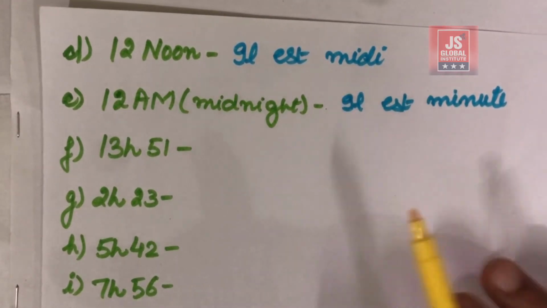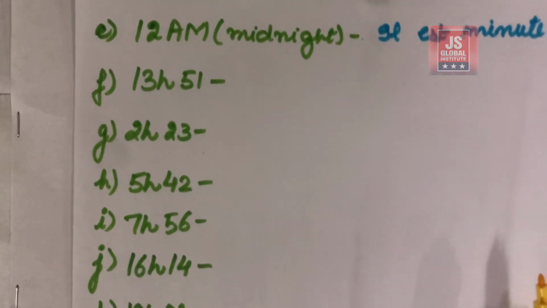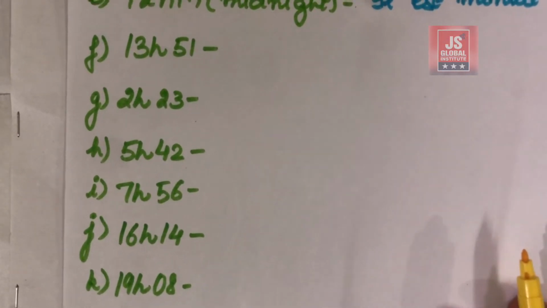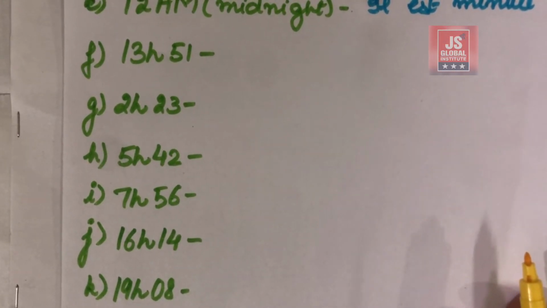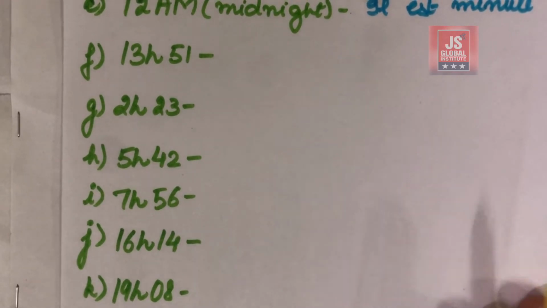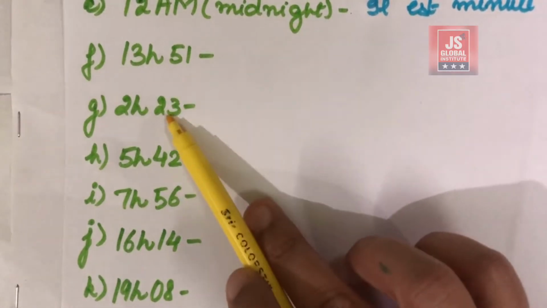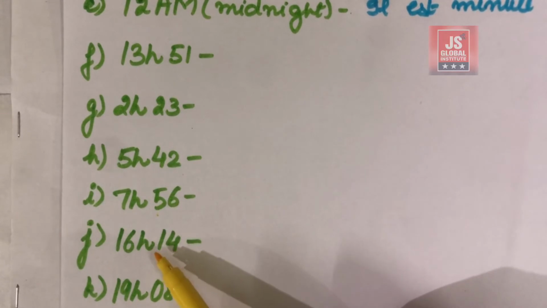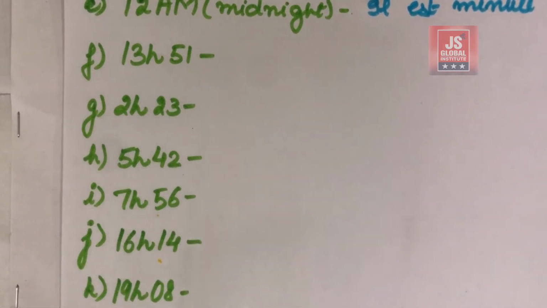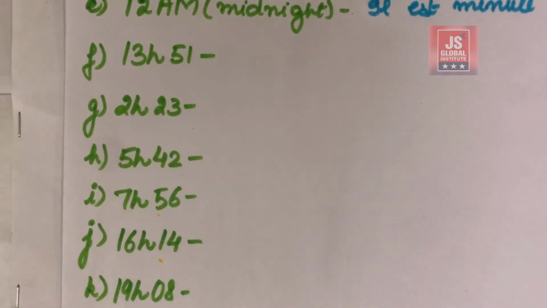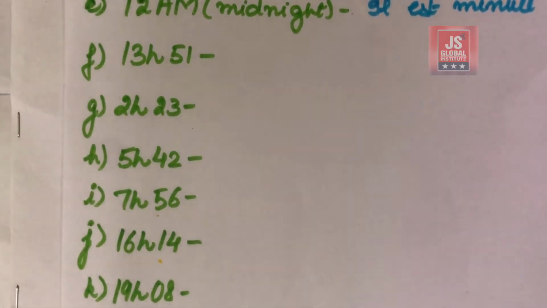Now here are certain examples that I will help you with, but before that I want to give you some time to answer them. These are basically parts 1, 2, 3, 4 and 5 over here. I will give you 30 seconds to have a look at this and think about what the right answer could be. Then after that I will discuss with you what the exact answer is. So you may start.